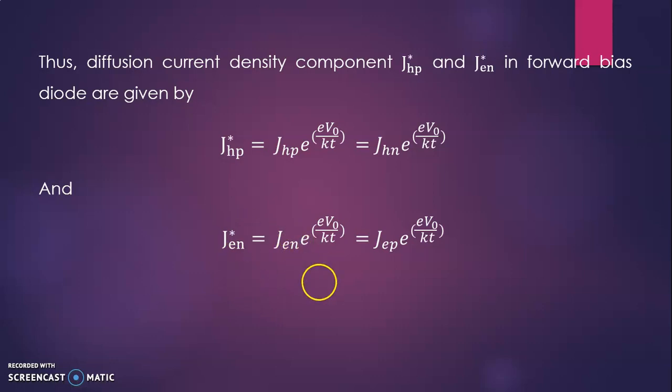Similar to the previous case, this current density of electrons in the N side is similar to the current density of electrons in the P side. So we are writing J suffix EN into e raised to eV naught upon kT, which is equal to J suffix EP into e raised to eV naught upon kT,